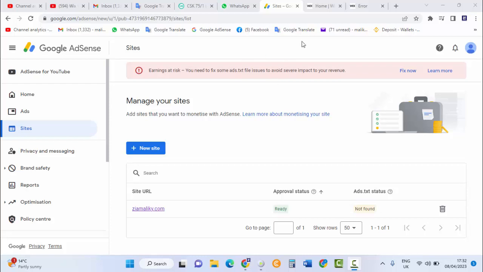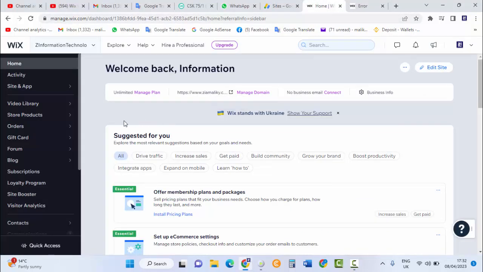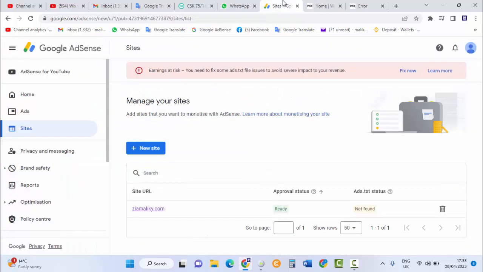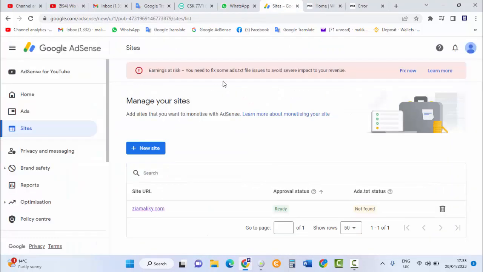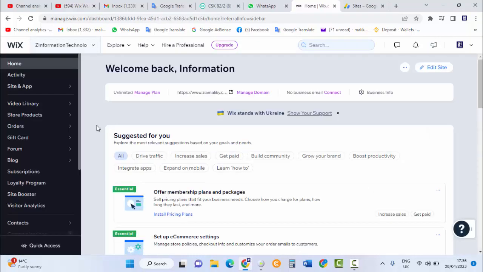Okay, the first thing you want to do is log into your Wix website. If you are having a Wix website and you see this message, this video is going to show you how to fix that. So you want to log into your Wix website. On the Google AdSense, click on Fix Now. Once you copy the code from there,